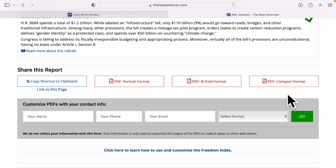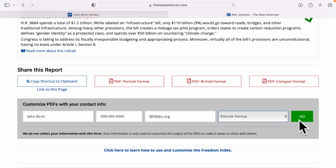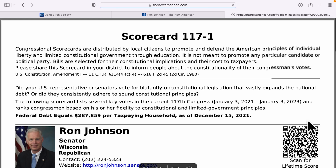Another really great feature is that you can customize the PDFs with your contact information. So I will demonstrate that right now. So I have typed in personal information, and now I can choose between the various formats on which one to upload. So I'll do the portrait format just for this example, and it opens up a new tab,